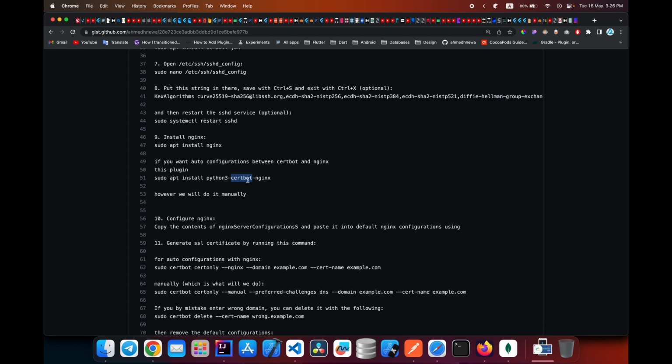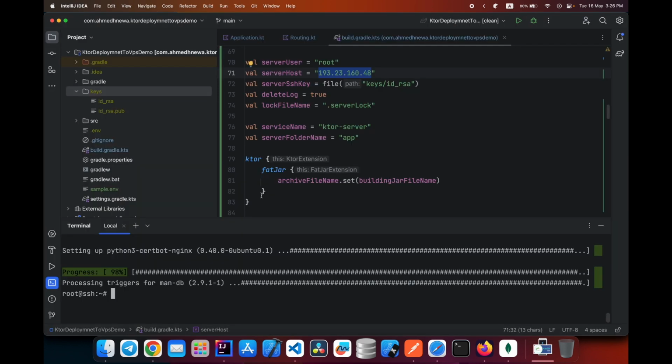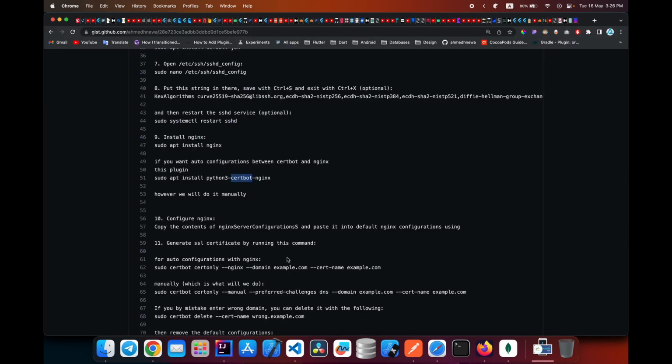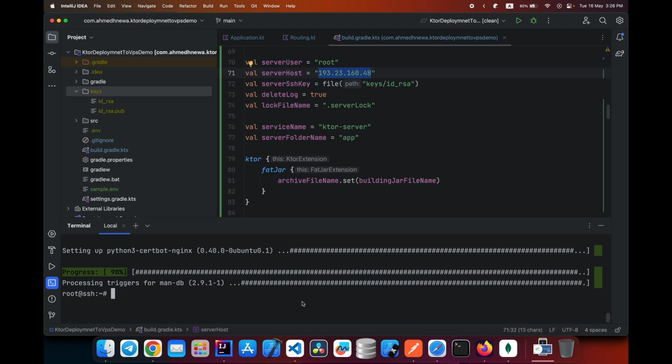And Certbot is basically a service which makes generating an SSL certificate from Let's Encrypt way easier, and this plugin makes it even easier to integrate with the Nginx server. You can do it manually, but I will try to do it